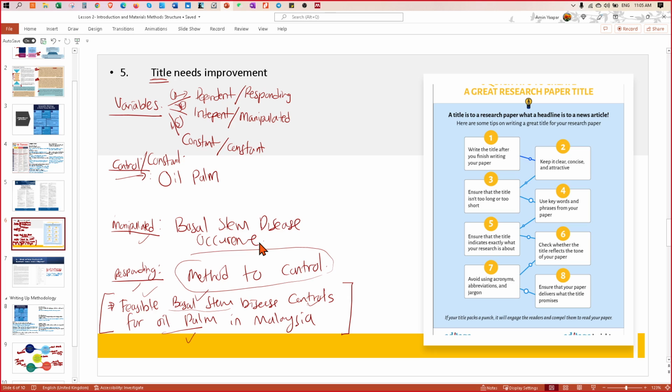Because now we want to manipulate the system, we have a few systems, but for this case, for this area that I propose, they have two harvesting systems we call SD1 and SD3, where SD1 is the manual system, and we want to compare the manual system with the semi mechanized system. So we manipulate the system itself.